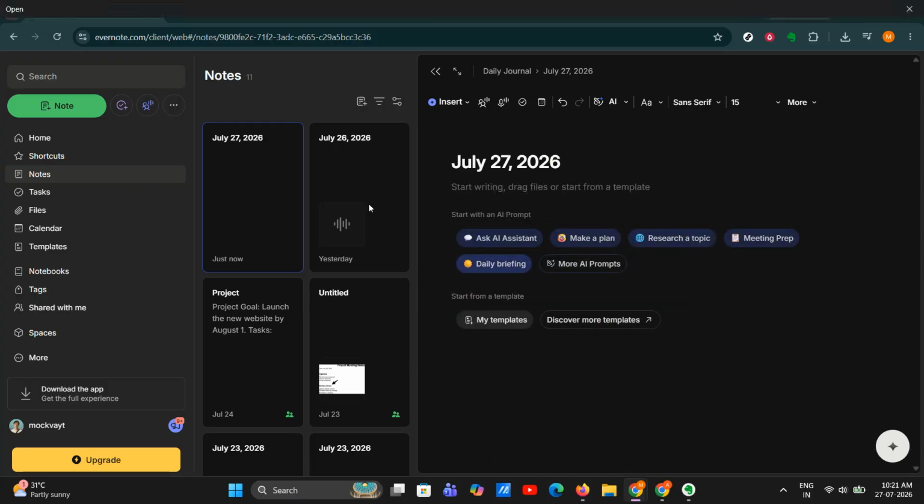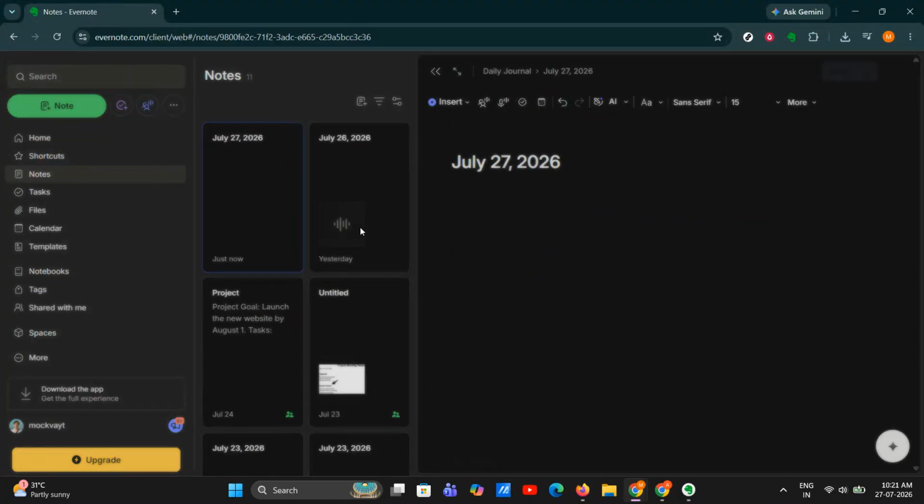If you've tried all of these steps and Evernote is still giving you an error, take a moment to retry with a different recording, a different browser, or after waiting a few minutes. Temporary service issues can also cause transcription problems, and the best solution is often just trying again later. The key is to move through the fixes in order: internet, audio file, sign out and back in, and then